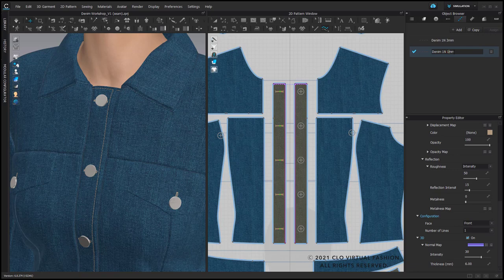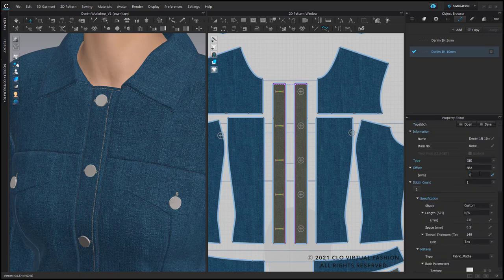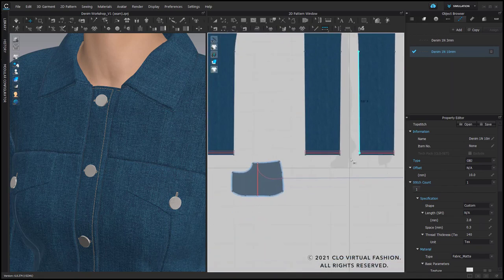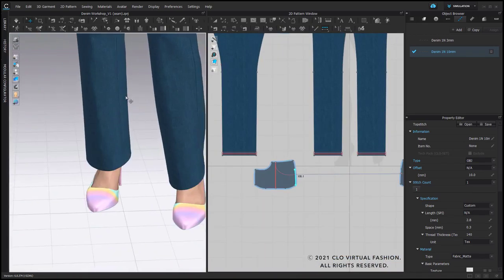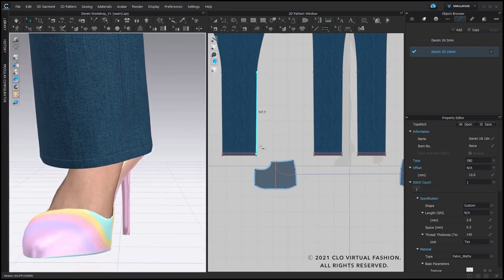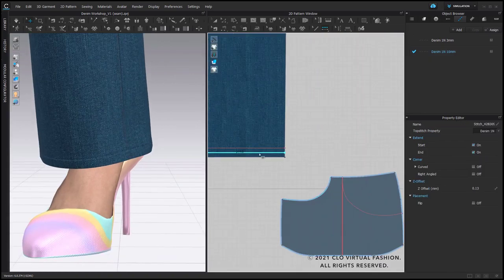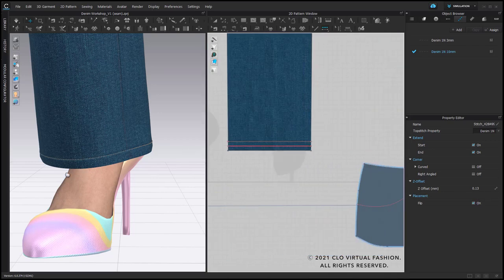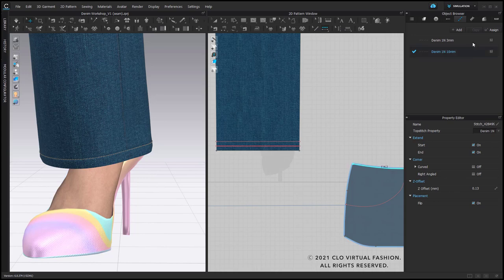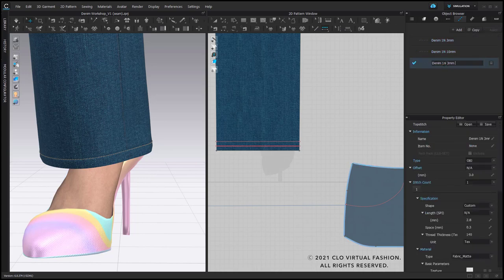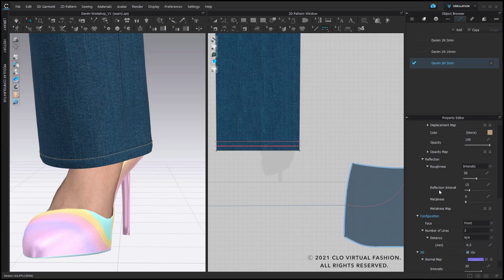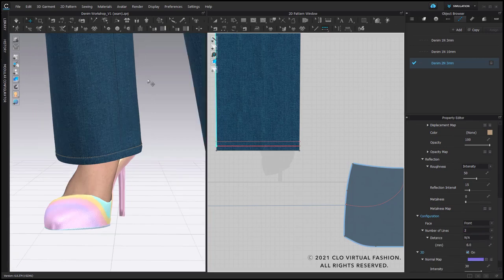Then you can copy this style of top stitching and create its variation. For example, the same but with a bigger offset for the hem, like for example here, and another style that would be a double needle. I'm changing configuration, number of lines to